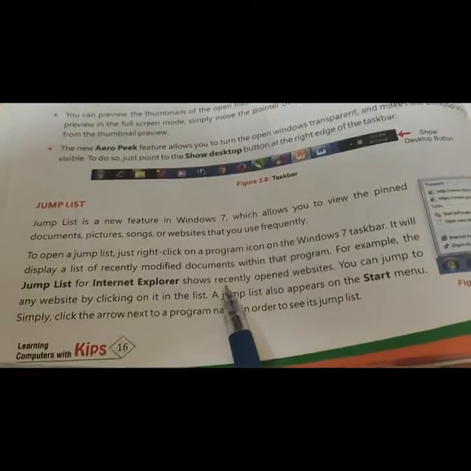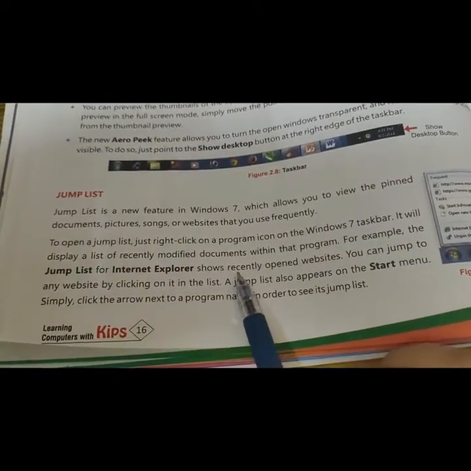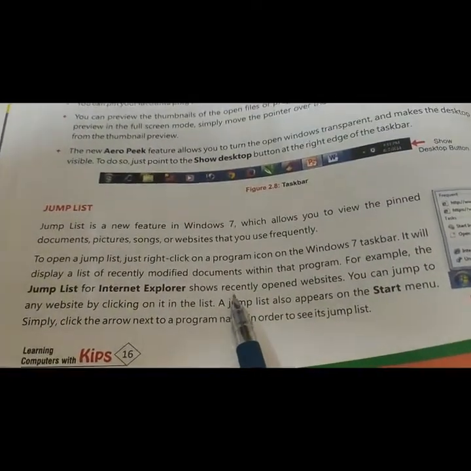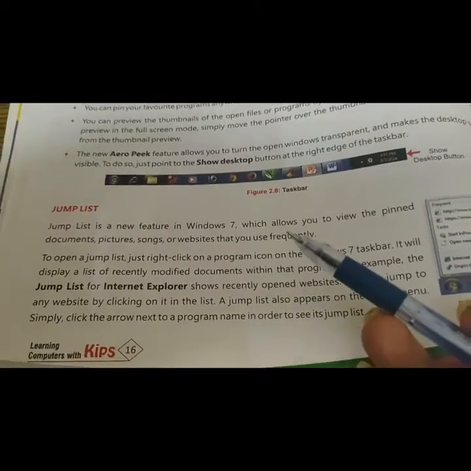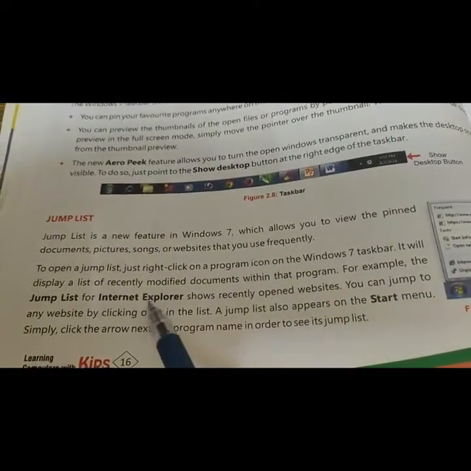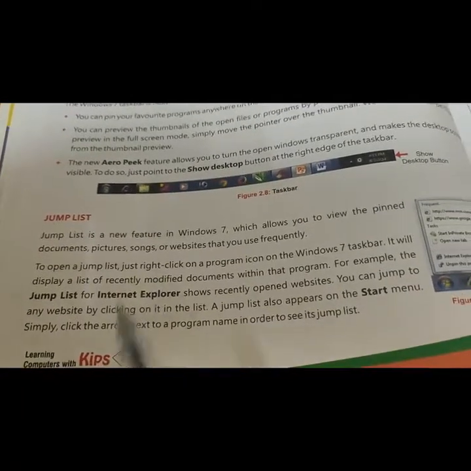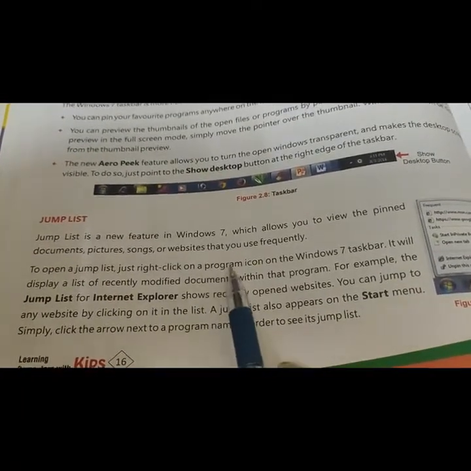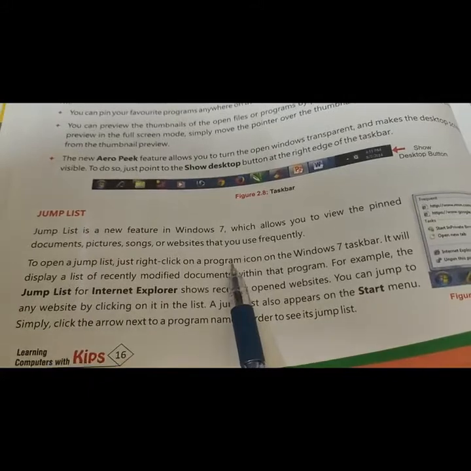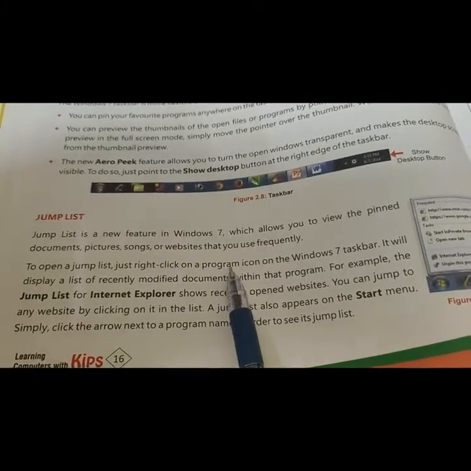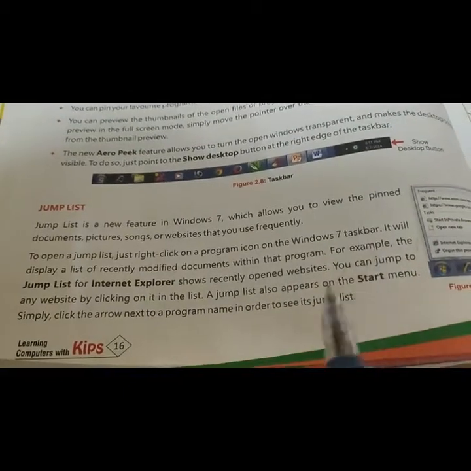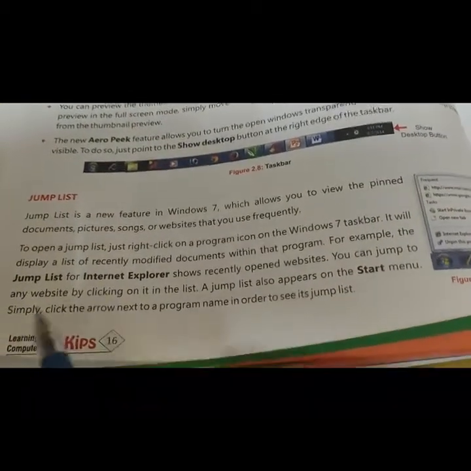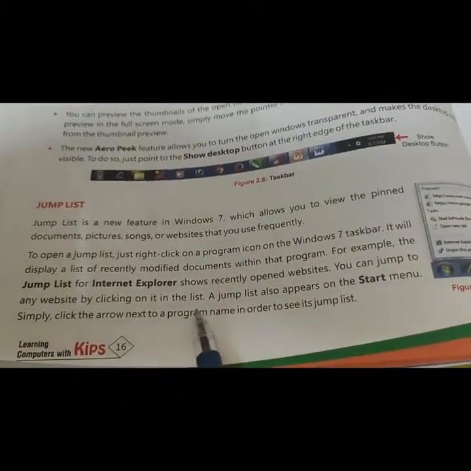Just like that, you can open any program. This is only an example of Internet Explorer. You can jump to any website by clicking on it in the list.